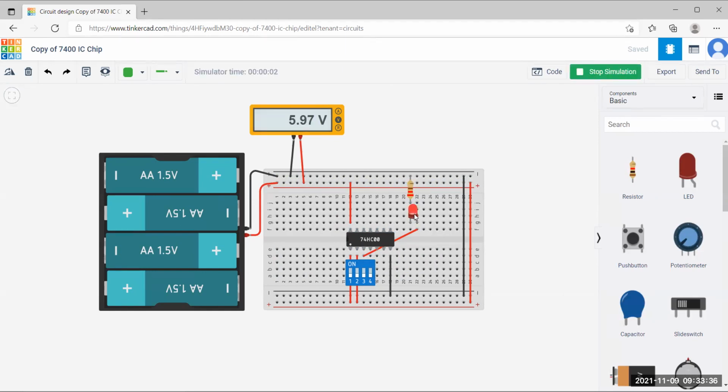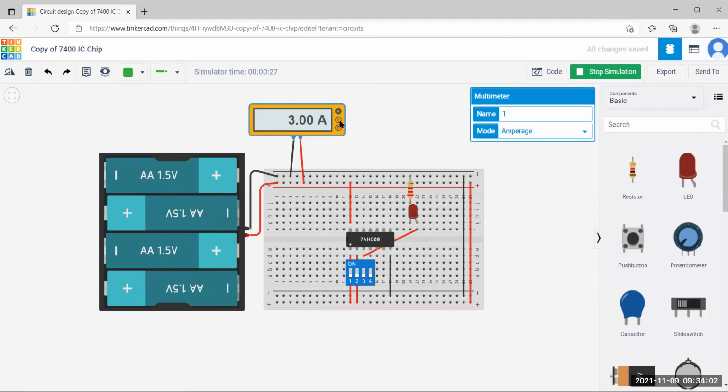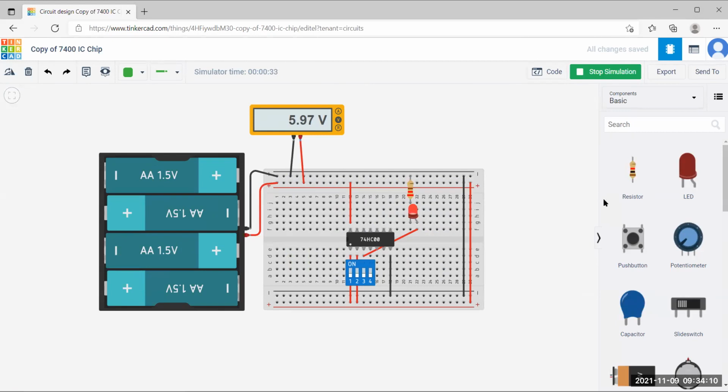See, the LED is glowing, right? We haven't directly powered it, but see, it's glowing. We have powered the multimeter with it, and also we have connected it to the LED, and through the IC we can see what amount of voltage is flowing to this one LED. This is the amount of current that is flowing, and this is the amount of voltage. So you try making this one right now, because we have time.